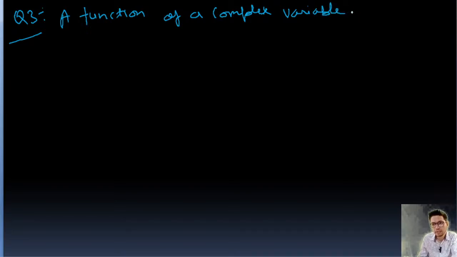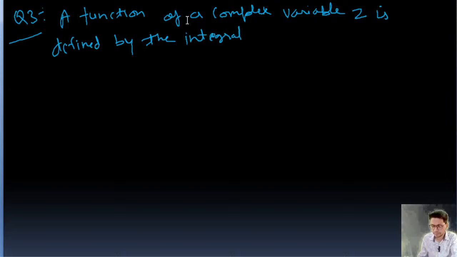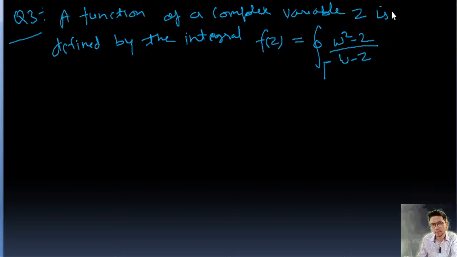A function of a complex variable z is defined by the integral f(z) equal to closed integration over gamma of (w square minus 2) upon (w minus z) dw. Okay, this is the function given,